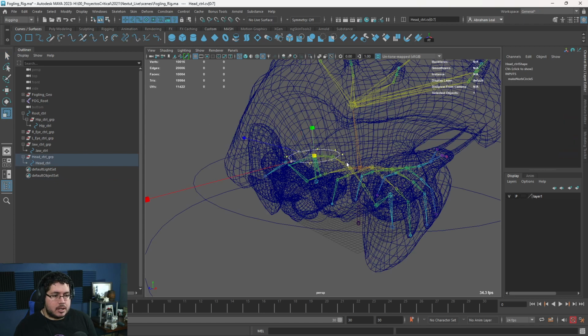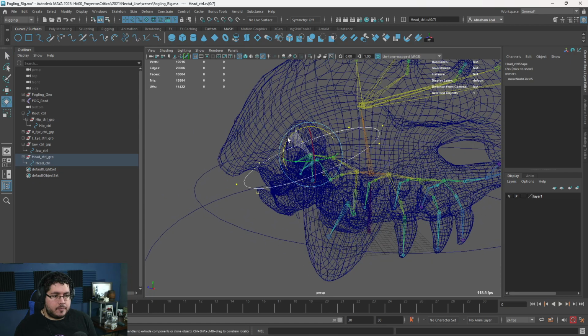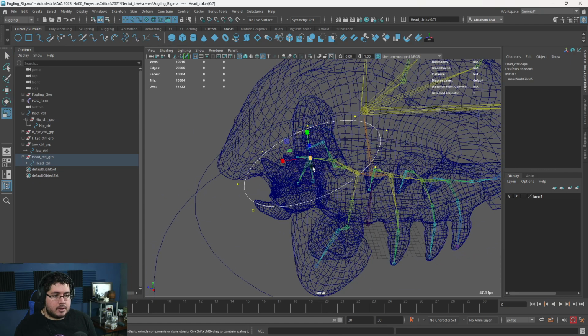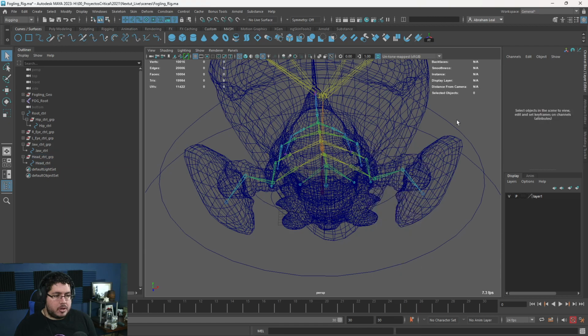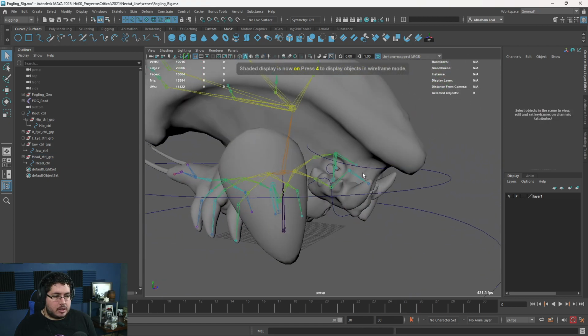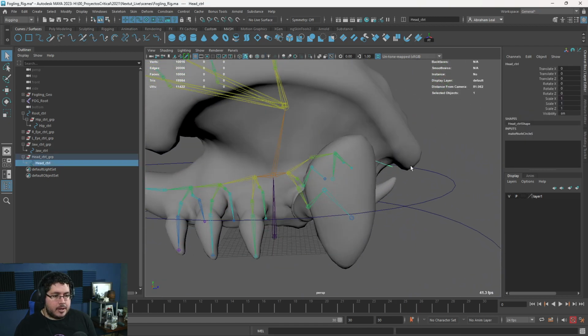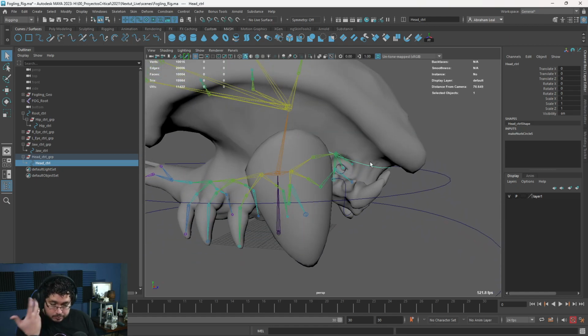So let's select this guy. Let's make it a little bit bigger. Something like that. Actually want to scale this down like this. Doesn't really matter how you move the vertices in these shapes because we're not gonna see it. There we go. That looks good. So this is gonna be my head control. Now that we have this, you can see the curve is clean.